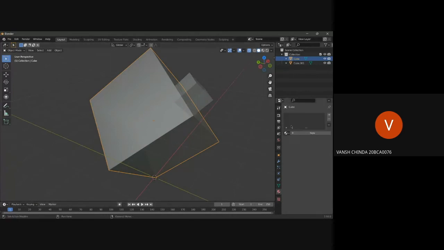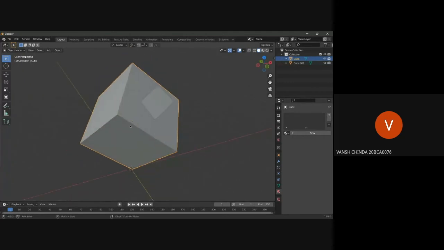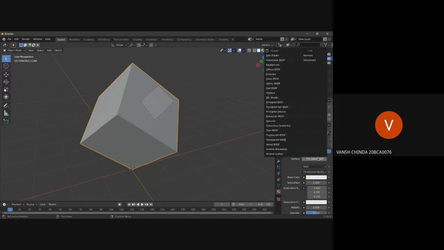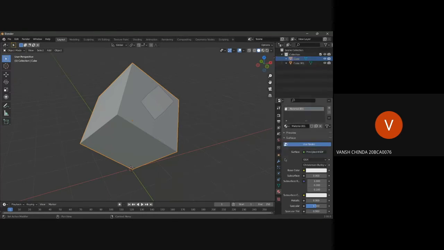We'll go here, give this cube, okay, I'll make it not transparent. We'll give this cube a new material. So we'll click on new, and this should add. Okay, no, I did the wrong thing. We have to go here in the material properties and add a new material. The default material is Principled BSDF, and 3js basically uses this too. You can't use much of the materials provided here, but with some extension, I guess you can.